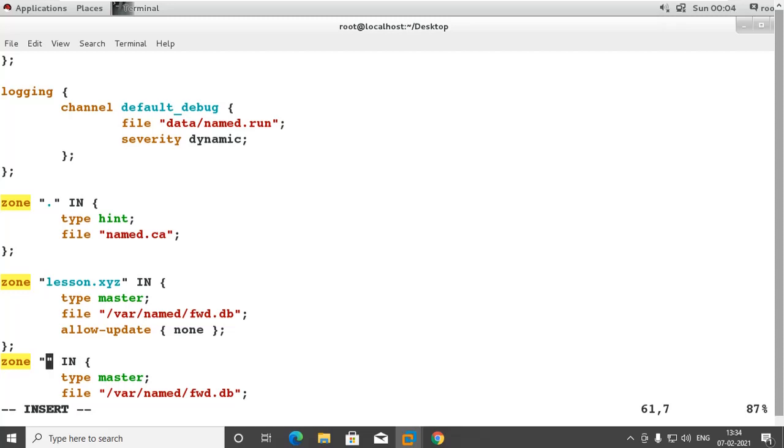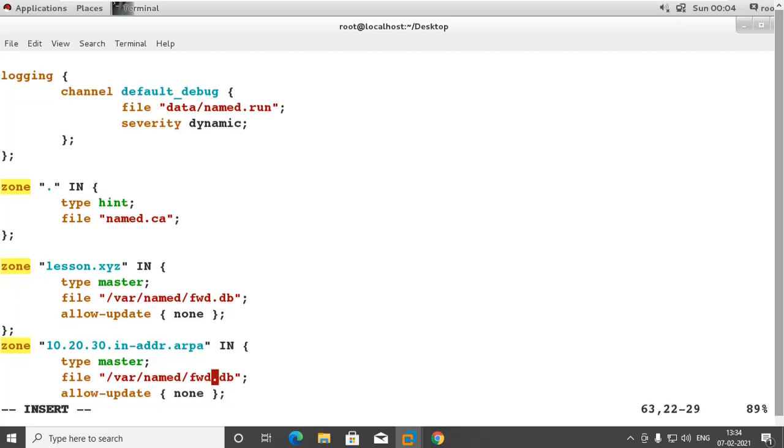My address range is 10.20.30.0, so I will write this in reverse order. Reverse lookup zones are always written in reverse order. So it will be 30.20.10.in-addr.arpa, and this is also master, allow update none, and the file name will only get changed: reverse.db.